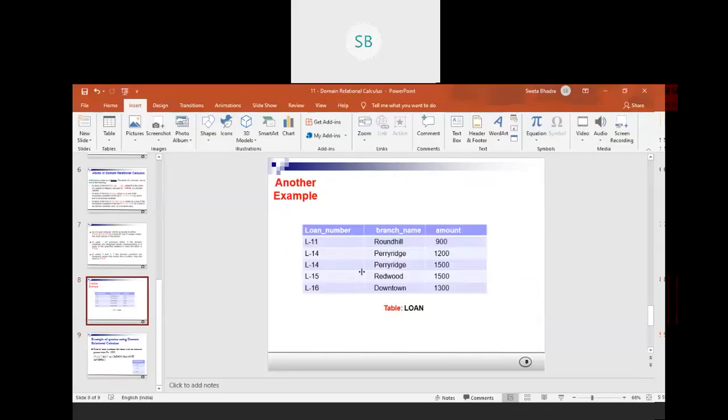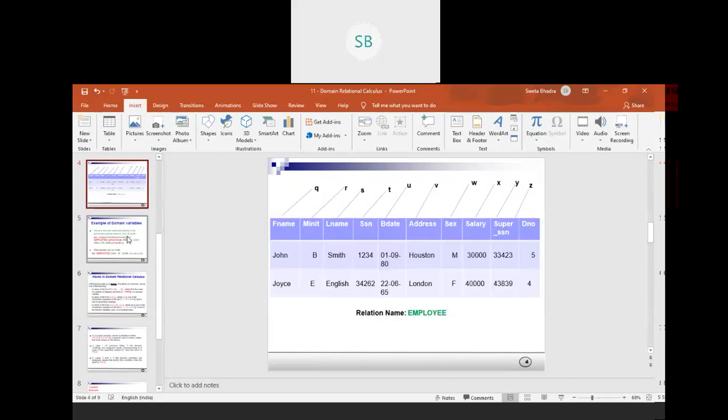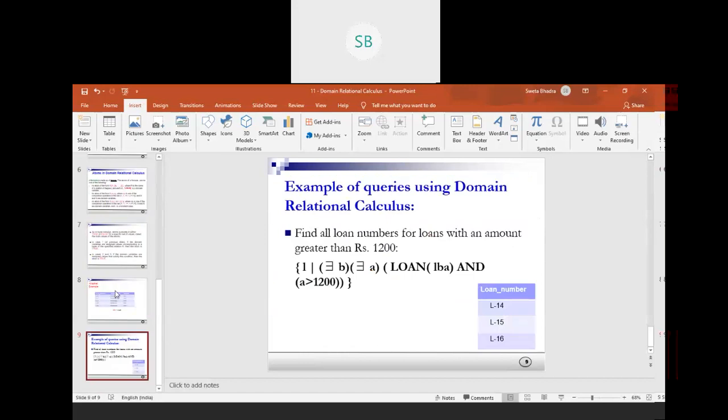So here, I think my screen is visible, right? Like the earlier example, where I assigned some values, here also I'll have to assign some values.